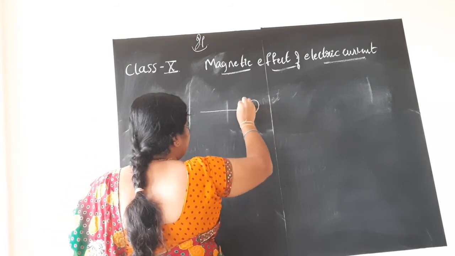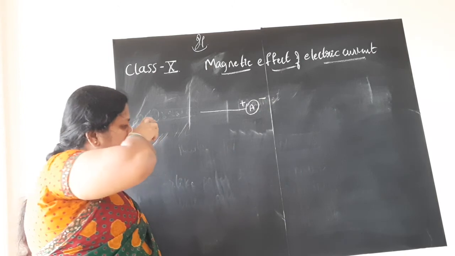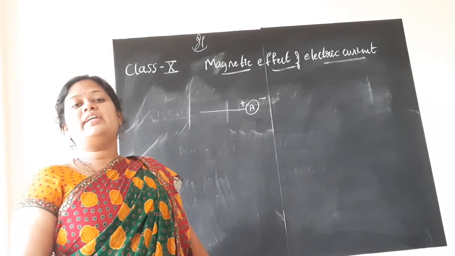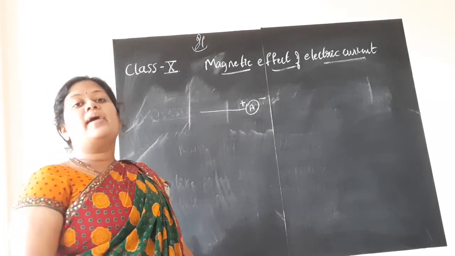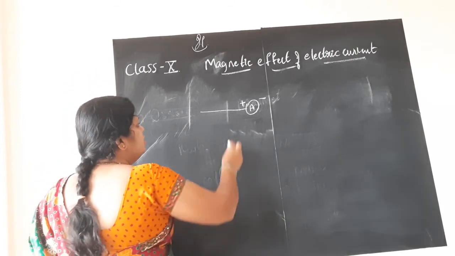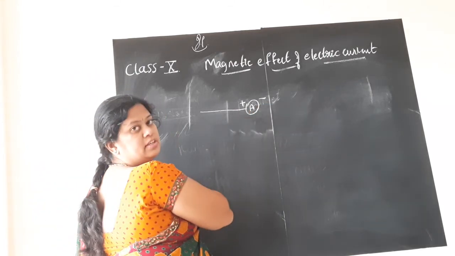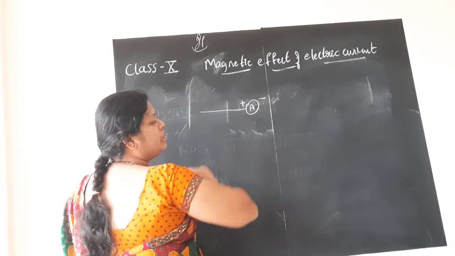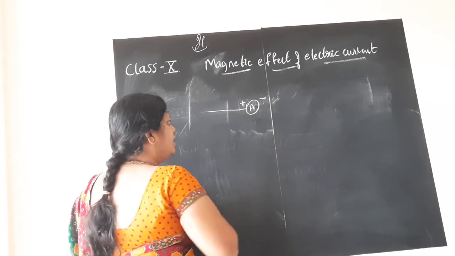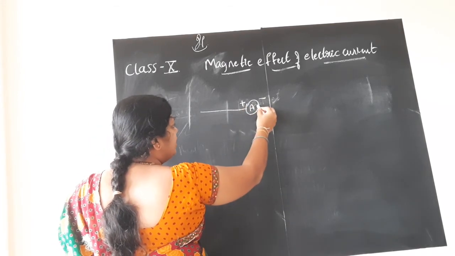Why should I connect the ammeter? It is because I want to read the current. How much current is being passed through this wire, I want to know. So, polarity. You remember the word polarity. Positive and negative, what you mentioned, is called the polarity. So positive of the ammeter, negative of the ammeter.